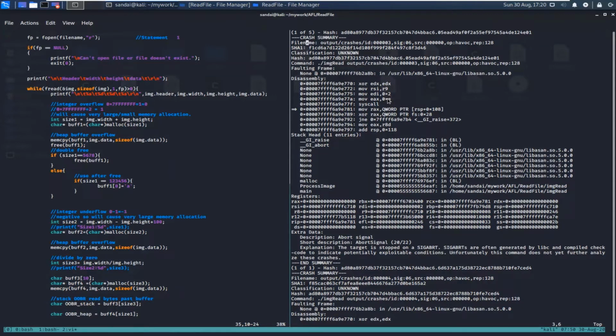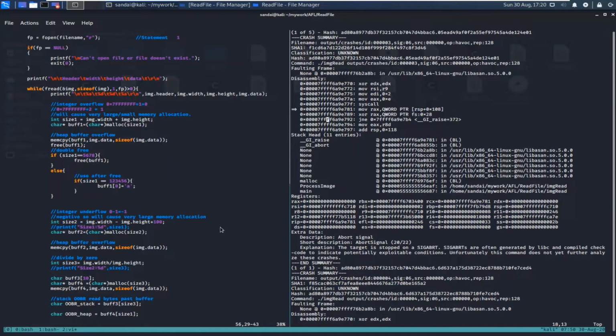So basically there are 5 duplicates, and it will not show you all of them. It simply takes one of these files, because the rest are duplicates, so we don't need to go through that. So we'll use this file. Now let's see how we debug these crashes and find the root cause using GDB.